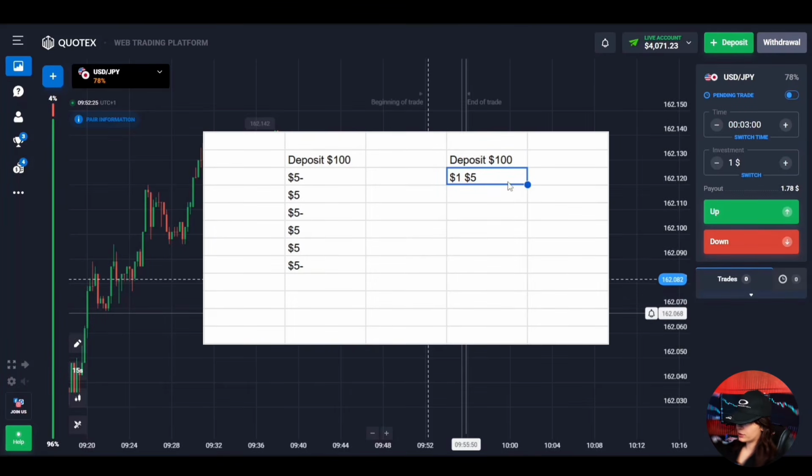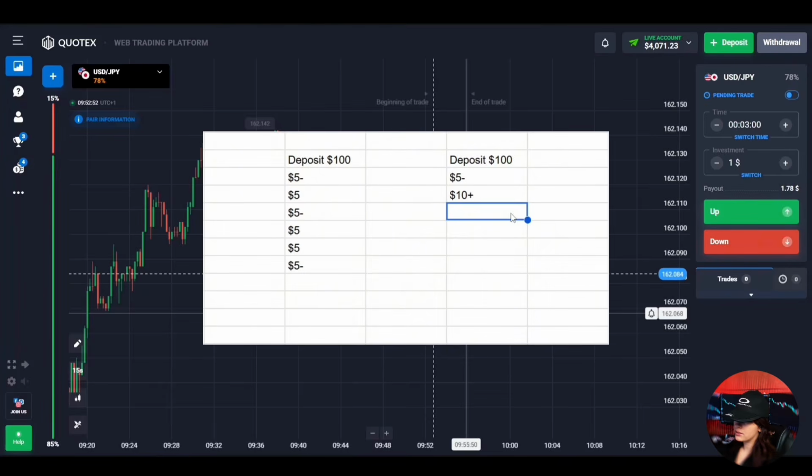And if your first deal becomes a loss, then you proceed to the second step and open the next deal with double the value. That is, for example, if your last deal was for $5, then you will open this one for $10, and in case of a profitable transaction, you will be able to return the previously lost $5 as well as earn another $4. Guys, depending of course on the interest rate of the currency pair. Thus, after receiving a profitable deal, you return to the first step of your strategy, that is, you open a deal for $5. Again guys, it is in this way that with the doubling system you will be able to trade and compensate for losses after each losing deal.